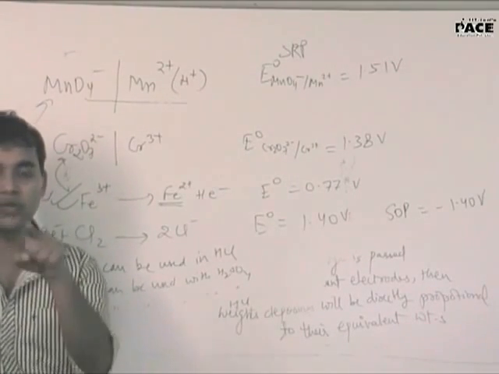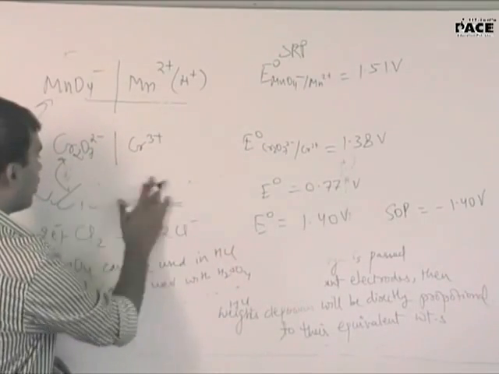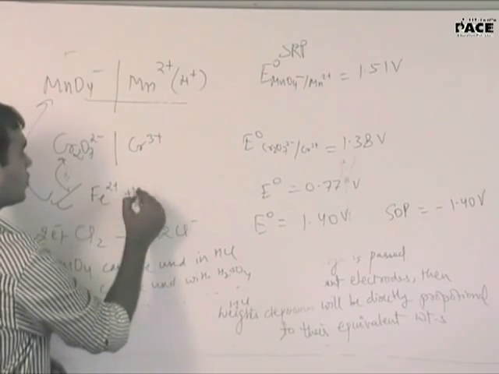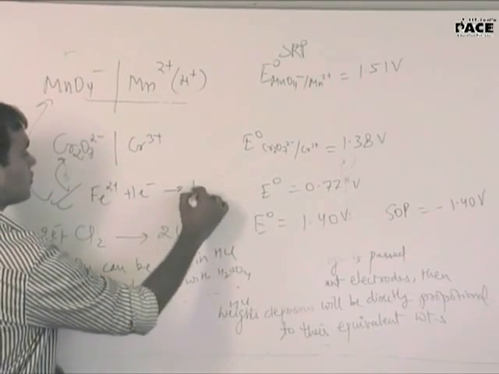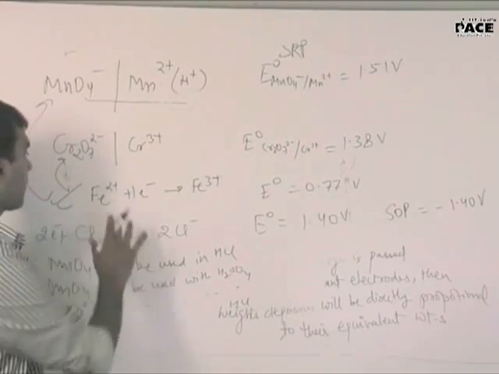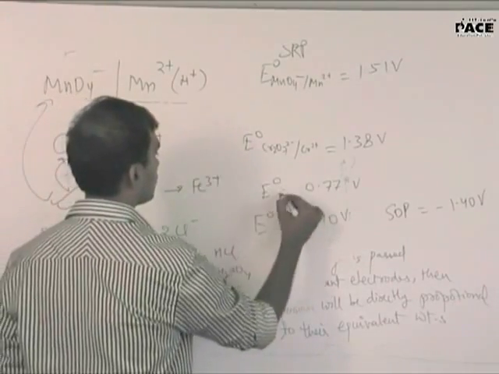Okay. So your understanding of the question, first of all, that is wrong, because what they are using it for is estimation of this. So that was the reaction given in the question. But this is the reaction actually taking place. So the E naught value will be negative of this. In this case, negative 0.77.